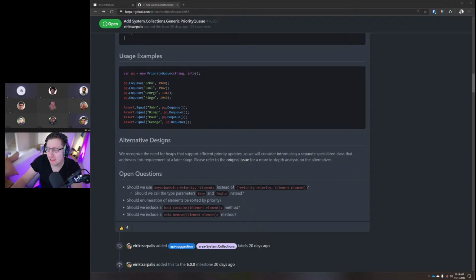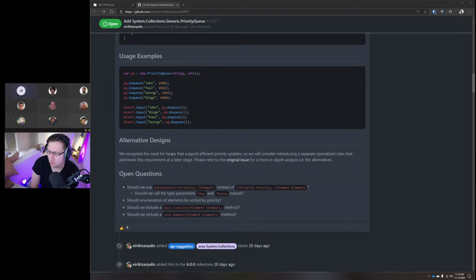Honestly, I'm more okay with contains because it's a pretty straightforward implementation, right? And it's hard to imagine a data structure that couldn't do a linear scan. Remove is more problematic because now you have to think about how you shuffle data around. Well, that's not an issue. It's a log n operation that would behave in the same way as another heap implementation that supports priority updates. The only problem here is the ambiguity of containing duplicates.